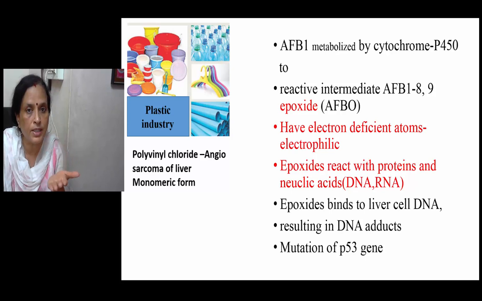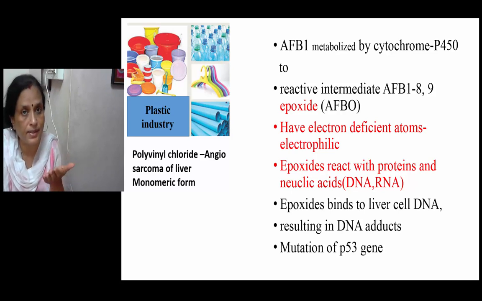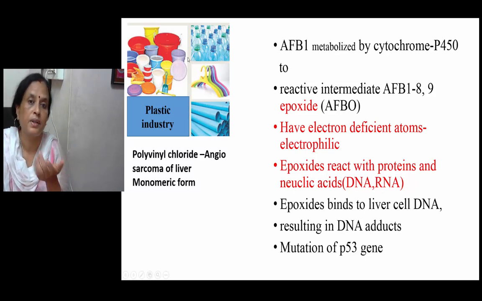So who are the people who are exposed to this or who are at risk? People who work in plastic industries. See, all these are PVC pipes. We call them PVC pipes. So plastic. Angiosarcoma, malignant sarcoma of the blood vessels, arising from blood vessels. Liver is one of the common sites. Soft tissues and breast. It can occur at 3 places.